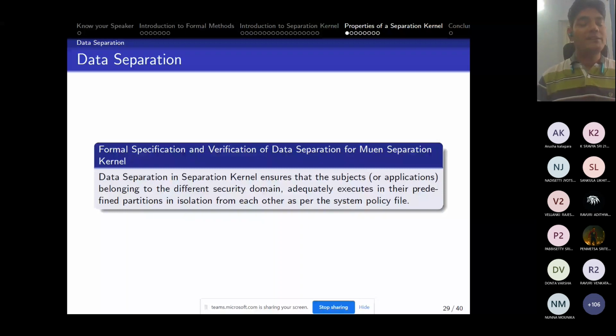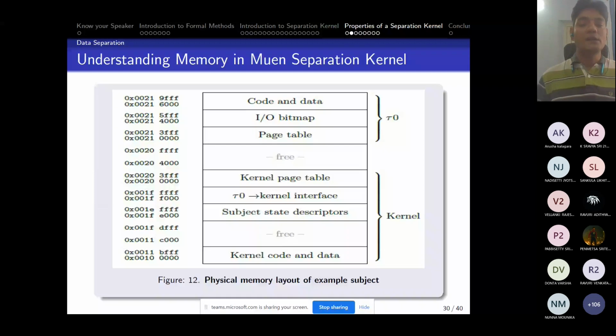Whether it is really working as per my policy file or not, or is there any flaw, where an application that is not allowed to reside in partition 2 is getting resided into partition 2? These properties I need to verify on the Muen separation kernel, whether they are getting satisfied or not. So this is how our memory looks.